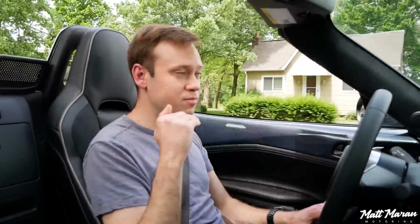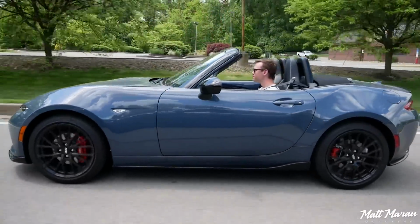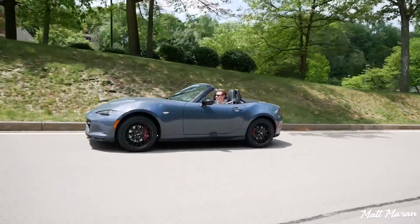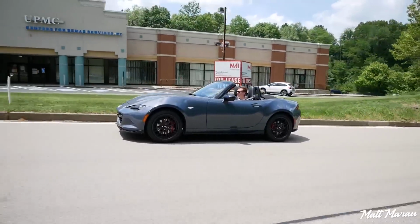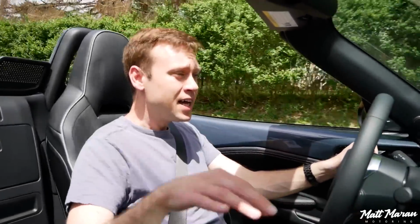If you stick to just a base Club, or a base model, there's a good value play there. But once you get to these higher ones, I feel like the value isn't quite as strong, and the Miata gets a little less appealing at 40 grand than it is whenever it's 30 or 32. But I also don't want to complain too much about pricing, because the Miatas